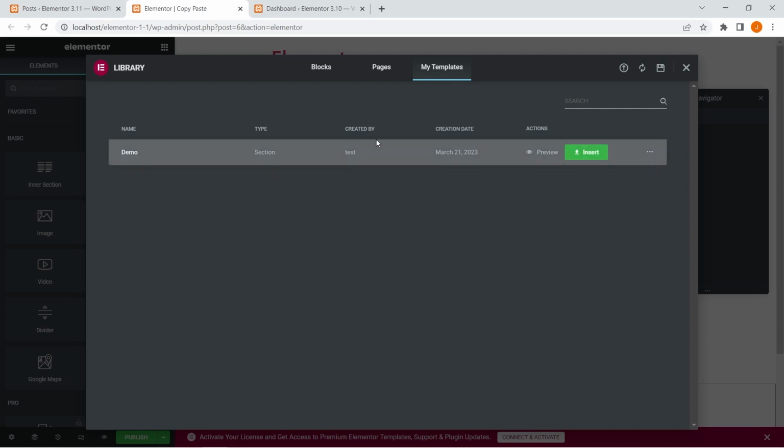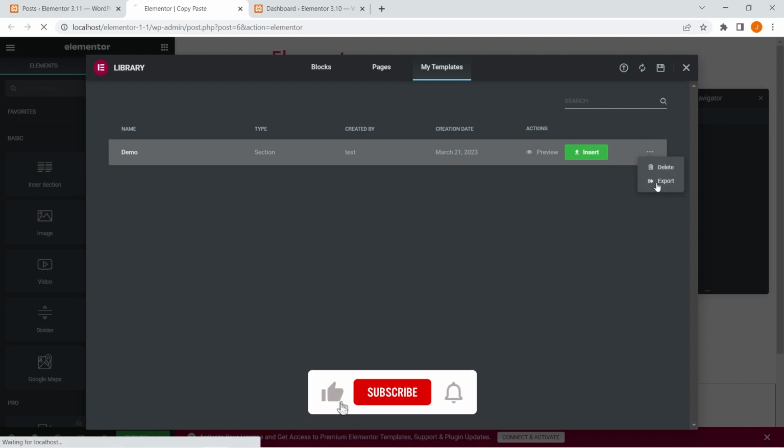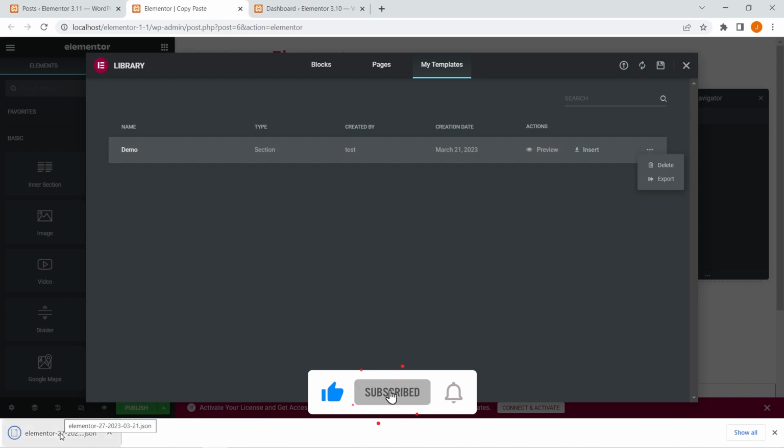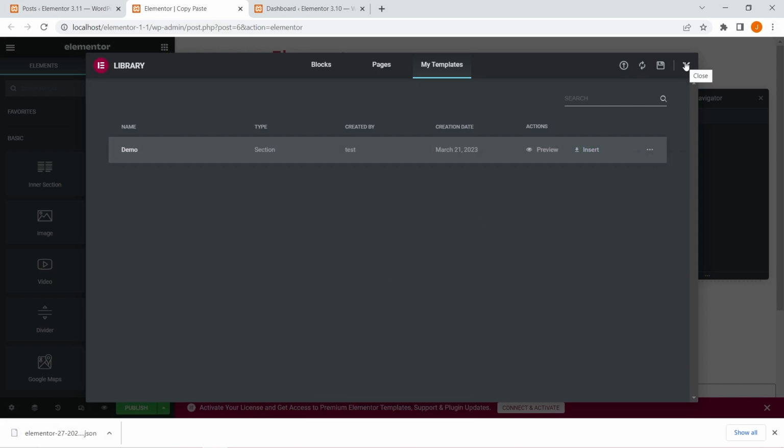Now, the next step is to export it as a JSON file that you can upload in another website. To export it as a JSON file, you had to click these three dots right here, and it will show you the option to export. Now, when I click this option, you can see it has exported. Now, let me just close this